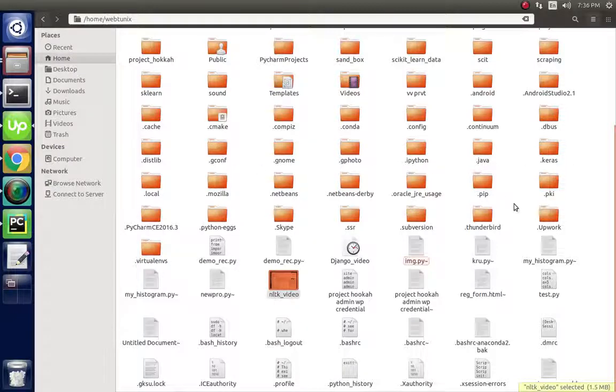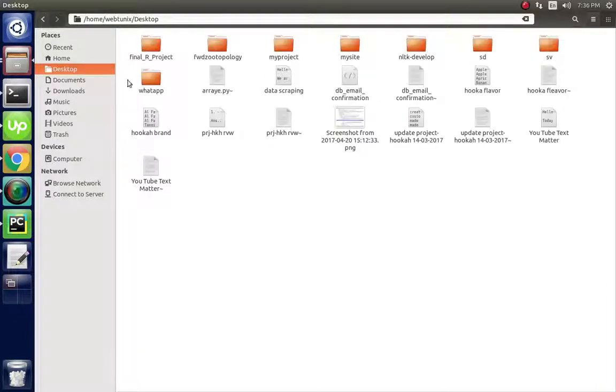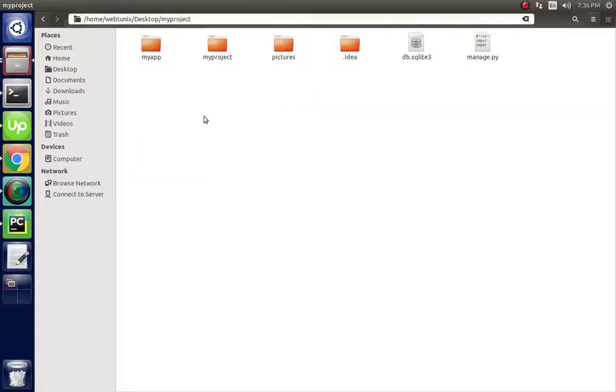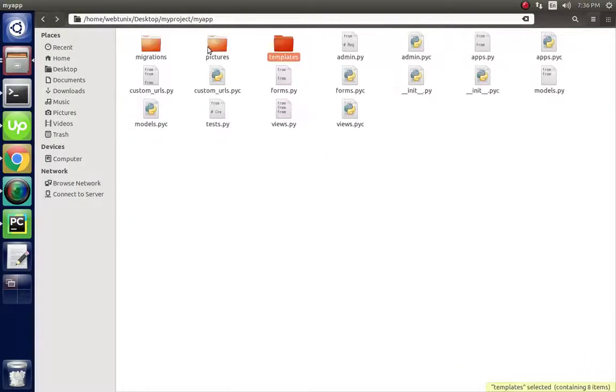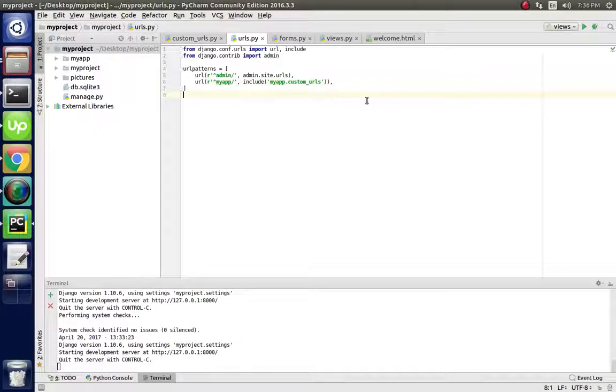I'm going to show you that you will get this type of file structure where all your necessary files are here. You can start your server with the help of settings.py and models.py, and all your web application files will be found in this my app. Here are all your template files, your library files, whatever you want to store here, and all the necessary files like URL definition, model definition, etc. So we are going to move to the first program.